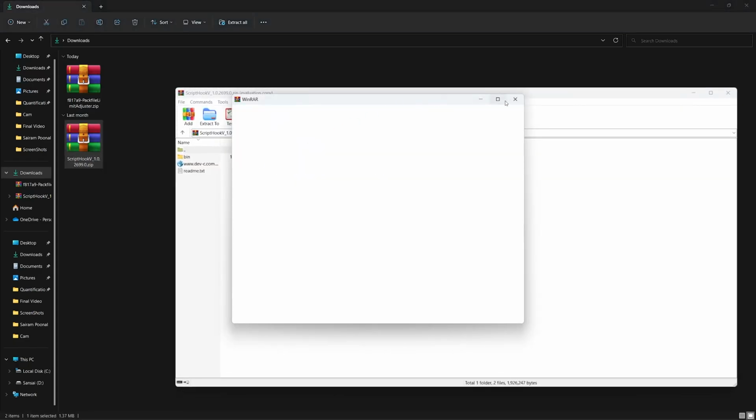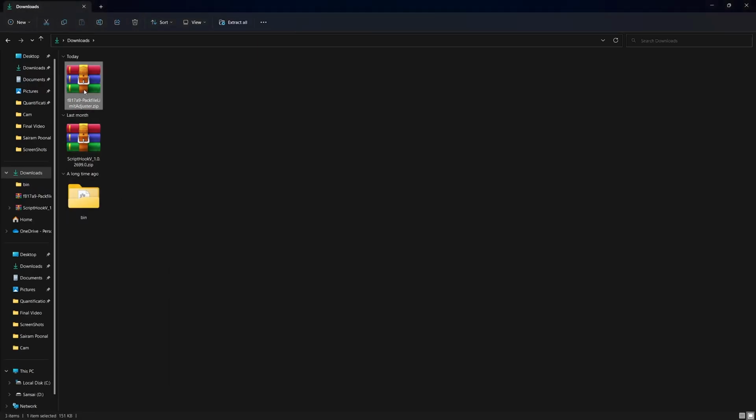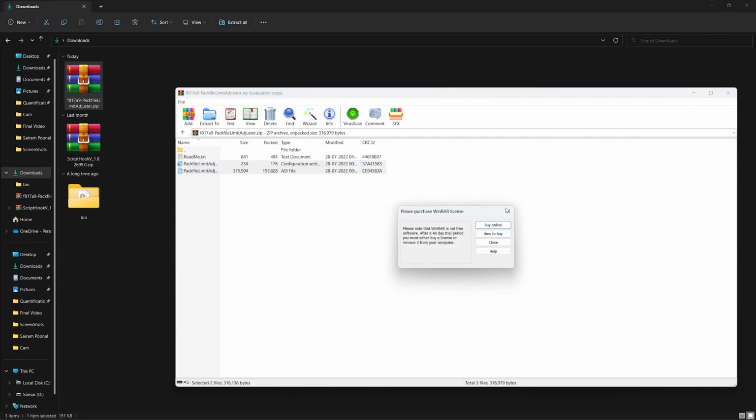So download these two files, which are the package file limit adjuster latest and the script2 file latest zip, and extract the bin folder in the script2 zip and the both ASI and ini files from the package file limit adjuster,